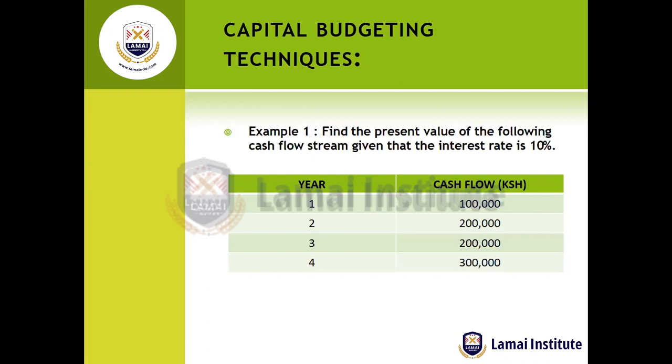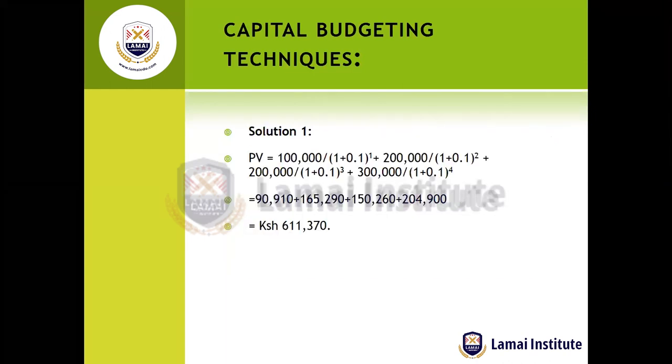And then year 3, I would expect you to be able to put 200,000 as the C value, and then divide this by 1 plus 0.1 raised to power 3. And then for year 4, I would expect you to put 300,000 divided by 1 plus 0.1 raised to power 4. For year 1 it was coming to 90,910,